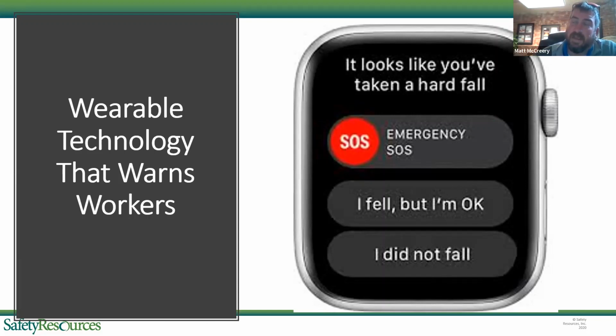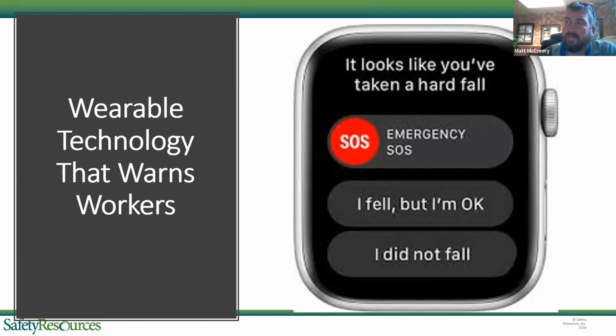I fell. And then what's going to happen with this wearable technology is you're going to have all your roofers wearing these watches. And if there's a fall, you're going to know about it, and emergency services are going to know about it. And you're going to have much more control over that response. Now, again, there's a whole HIPAA thing that they're going to have to figure out, because these things monitor your heart rate, they monitor all types of stuff that could possibly be a violation with HIPAA. So I think that we're a little ways off from this, but